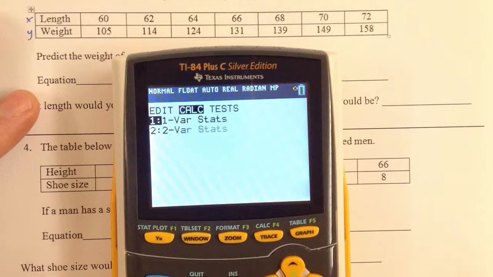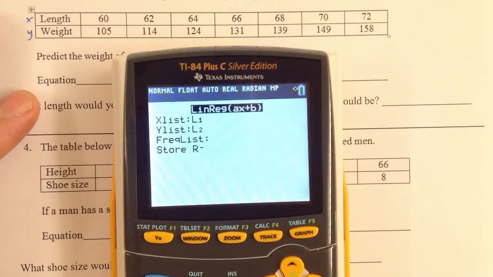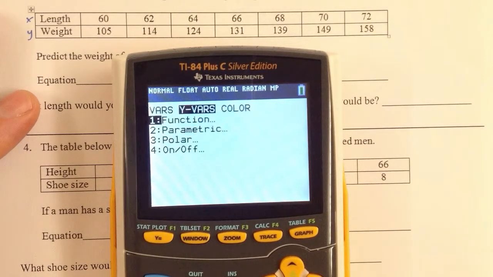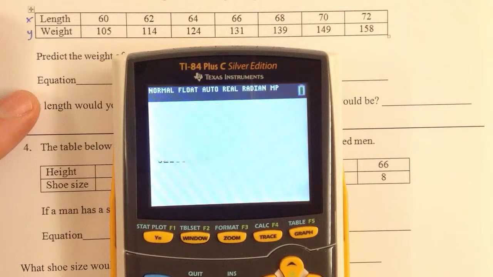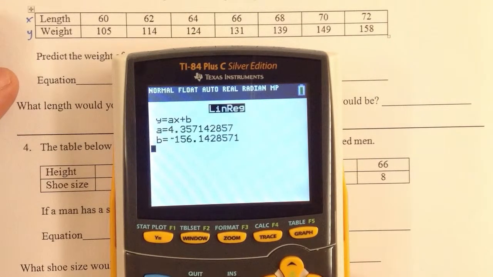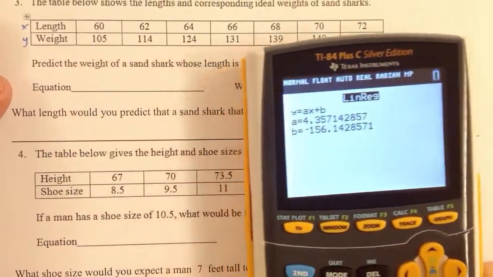So we're going to go stat, calculate, linear regression, enter, vars, got to go y variables. We're going to store this regression equation in our y1, and then we're going to write it down. Okay, so there we go. There we have our regression